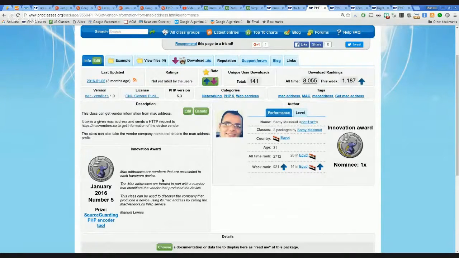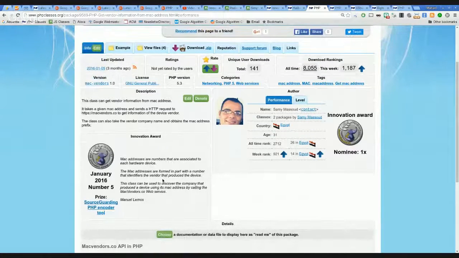So you can identify eventually the type of device and the company. So you can see what is behind that device that is using that MAC address.